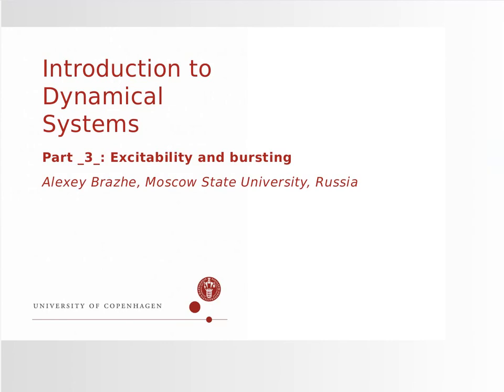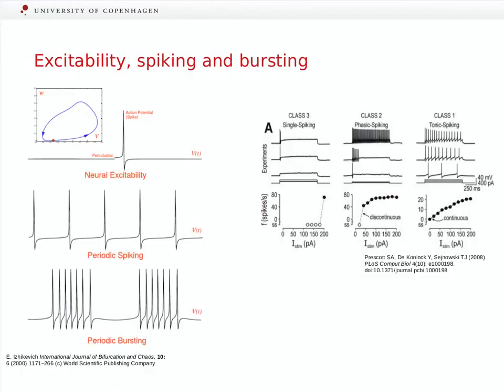Welcome to the Excitable Cells as Dynamical Systems module part 3, Excitability and Bursting. In the previous lecture, we discussed bifurcations of the resting state and of the tonic spiking in a simplified model of a neuron. In this lecture, we'll look at the implications of a neuron undergoing bifurcations of a certain type on its physiological and neurocomputational properties.